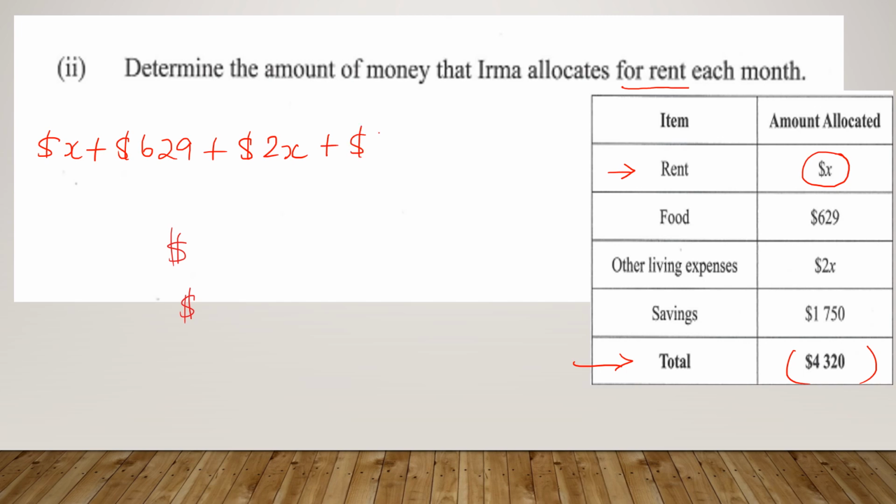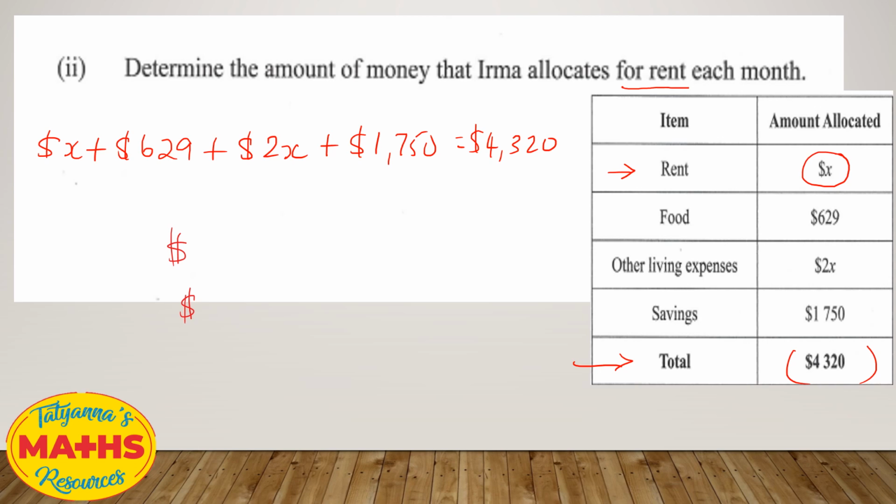plus our savings 1,750. All of that will equals to 4,320. So let's add 1,750 plus 629. That is going to give us 2,379 plus, how much are we going to get? We add this X plus this 2X, that's going to give us 3X. And that's equals to